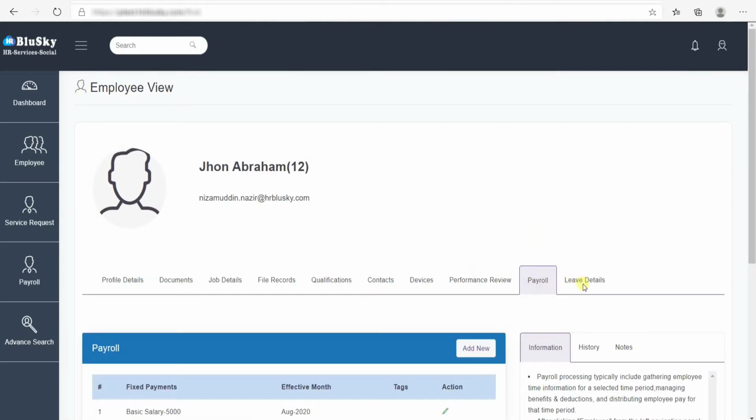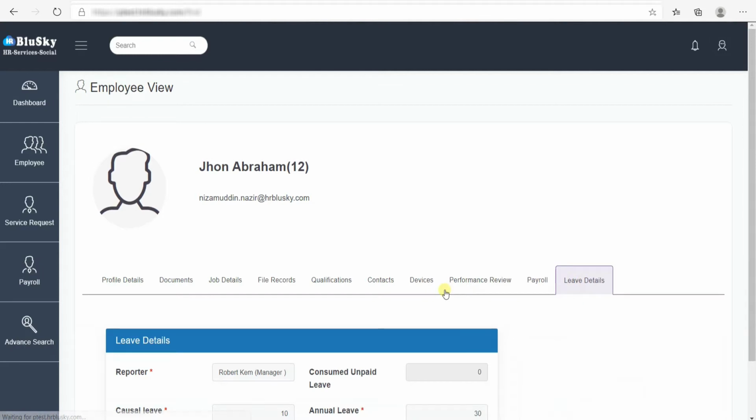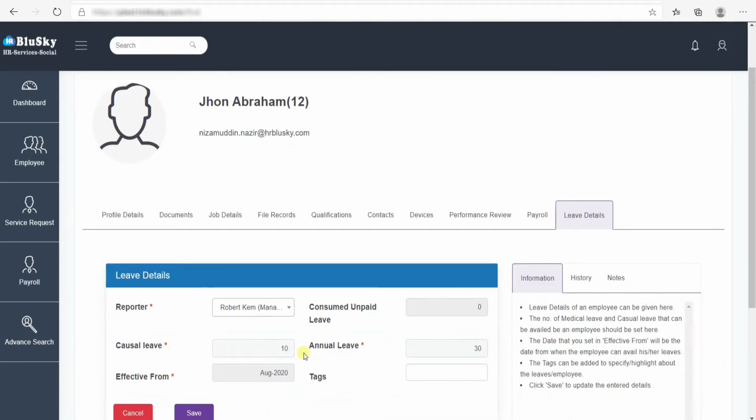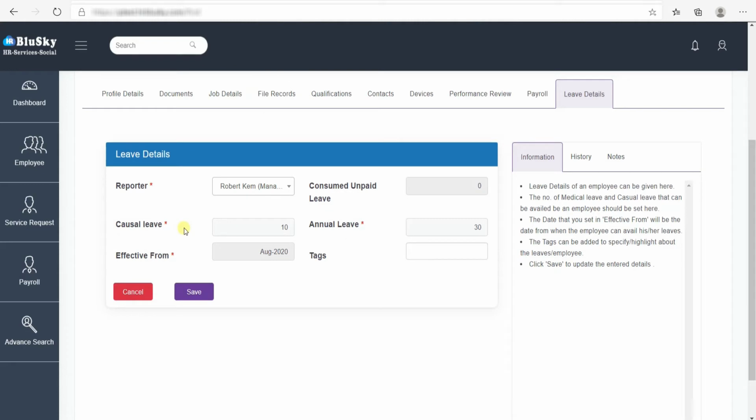And you should also update the employee's leave entitlement for the whole year. These are all entitled leaves. Consumed and unpaid leave will automatically appear here in future when the employee applies for any unpaid leaves. The casual leave and annual leave, for example, are the yearly entitlement. These leave types will completely differ in your organization depending upon the policies of your country or your organization. To know more about how to add more leave types, please refer to the initial setup process videos in the